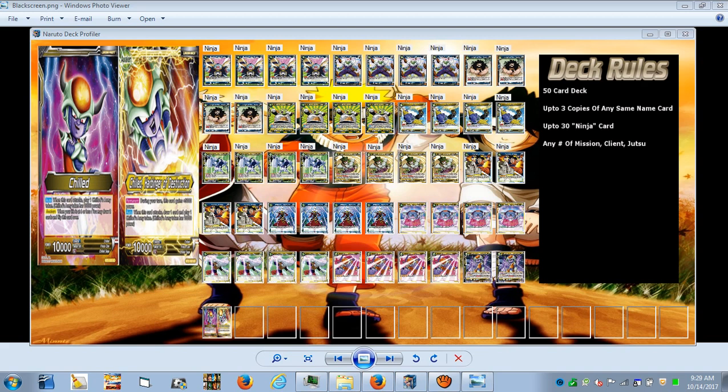But my main focus on this deck is Chilled, of course, which is the leader. He makes a token every time he attacks, and he has Awaken. When you have 4 or less life, you can flip him over, draw 2 cards, and then on his Awaken side, which is Chilled, Harbinger of Destruction,